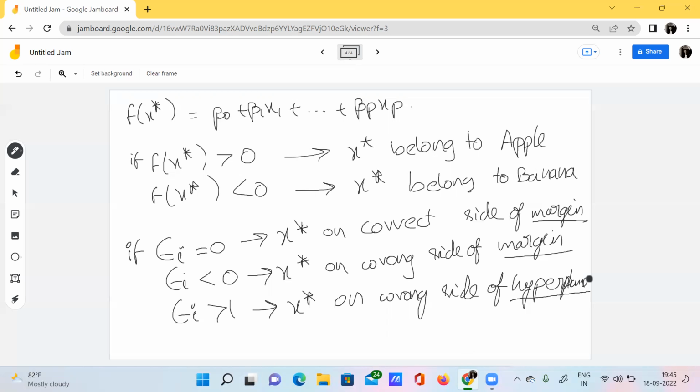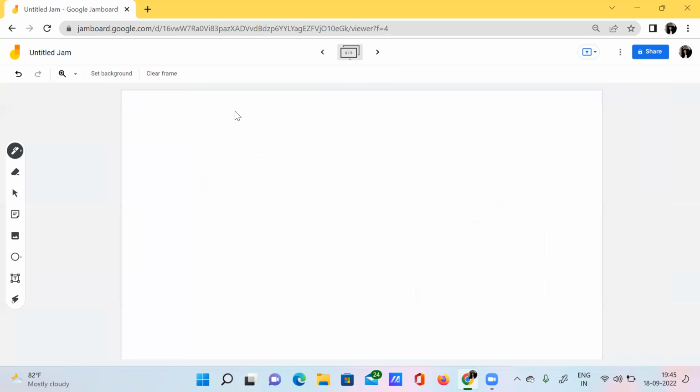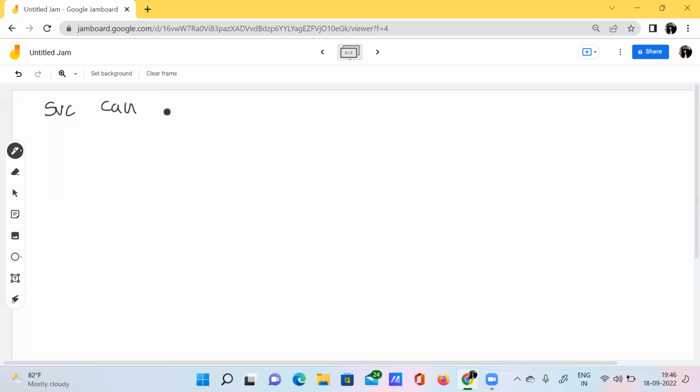Now I'll talk about what is meant by the tuning parameter, that is C, so you will get the clarity. Everybody knows that SVC can allow misclassifications, right?